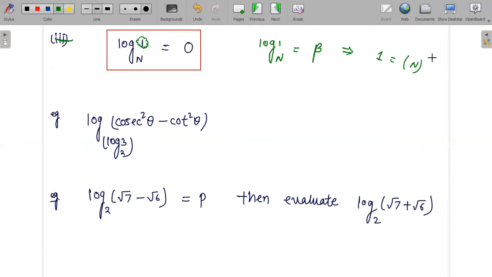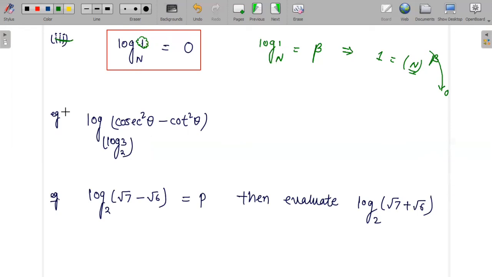I need to choose the value of beta in such a manner that I'll get a 1. Remember, n to the power beta is the exponential form, and it will give you 1 only in what case? Only when your beta will be equals to 0. Any finite number to the power 0 will give you 1. So thereby we end up getting a 0.